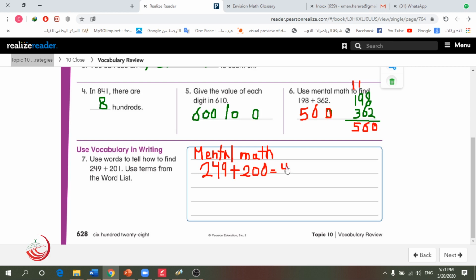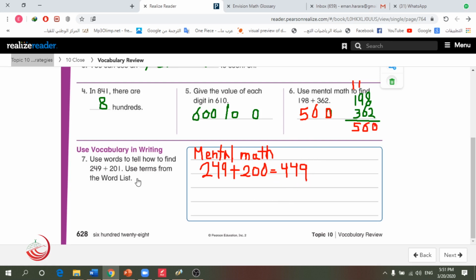So I will write here 400. We are adding the 100 first. Now 4 plus 0, it will be 4. So I will write here 4. Now 9 plus 0, it will be 9. So this is the answer of